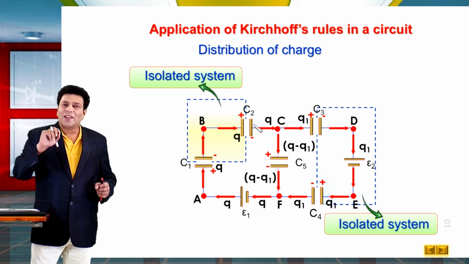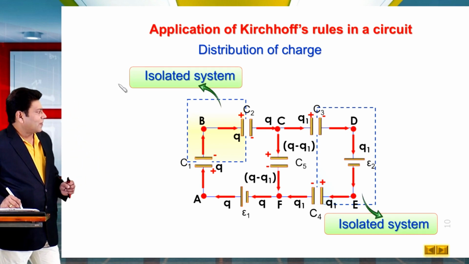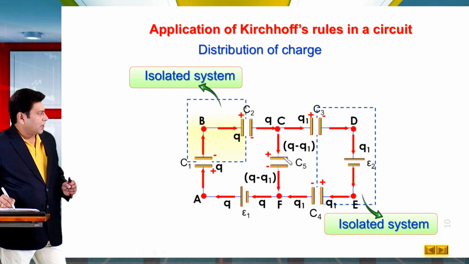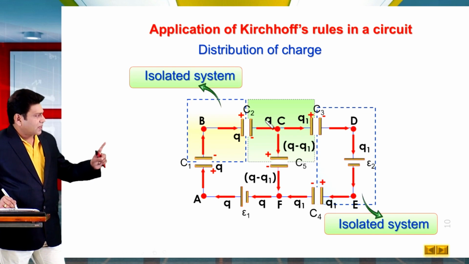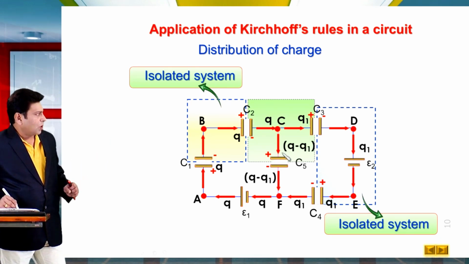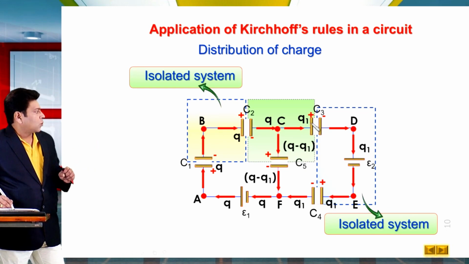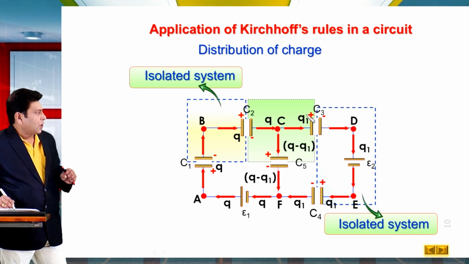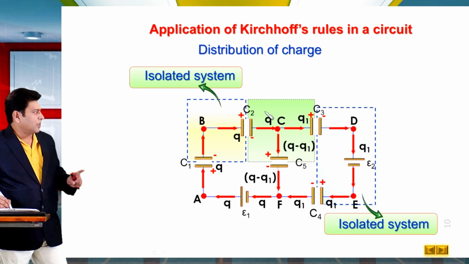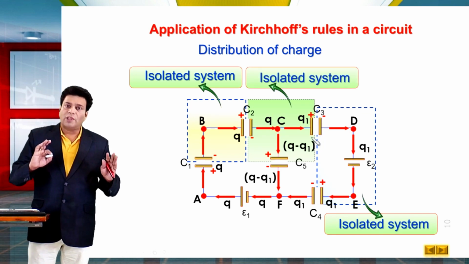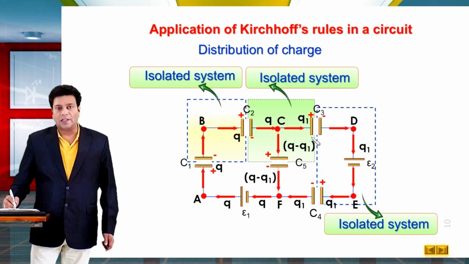If you want to verify another isolated system in the circuit, you can observe these three plates, 1, 2, 3. These three plates are again forming the isolated system. You can verify the summation of the charge of these three plates should be 0. So, this plate is having charge minus Q, this is plus Q1. So, summation of these charge up to this point is Q1 minus Q, and here you can observe this plate is having the charge Q minus Q1. So, you can observe the summation of the charge, that is the net charge in this isolated system, is also 0. So, conservation of the charge is valid, and this is the distribution of the charge in the circuit.